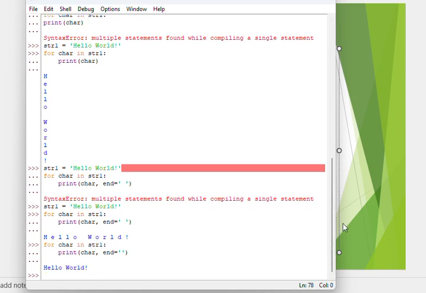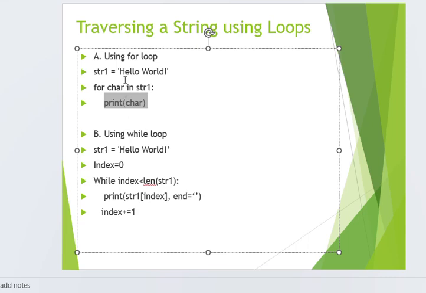Now let's do it using the while loop. In the case of the while loop, we need to assign an index variable 0 because the index of all the elements needs to be traversed. In a for loop, it goes automatically to the first character, second character of the string. So it is going for each and every element. It will keep repeating. In this case, we have to start with the index and then we need to change